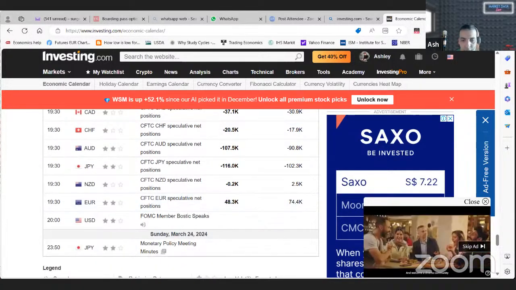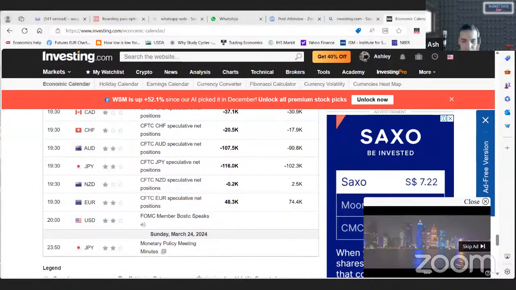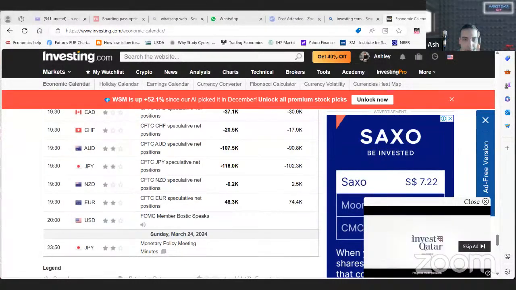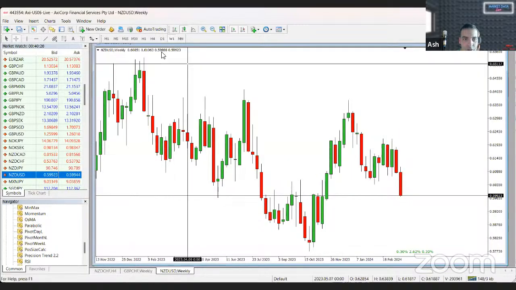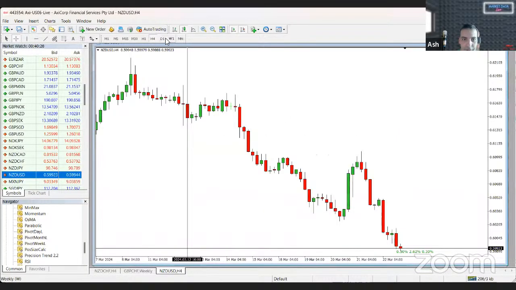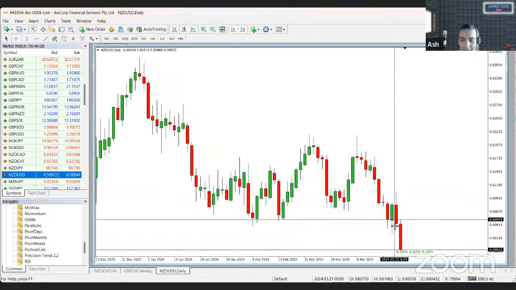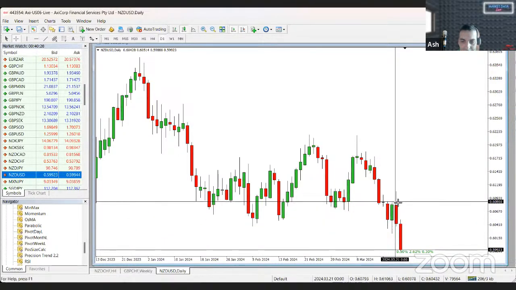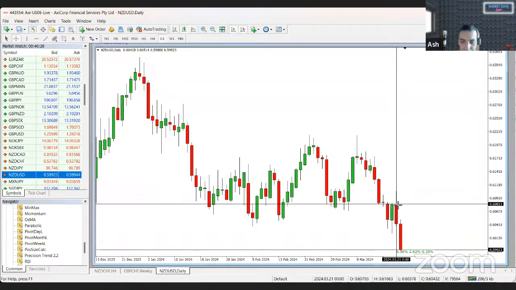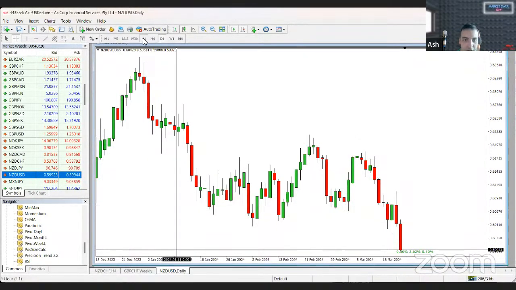Okay, so what we can see from that is that there may well have been a bit of a delayed reaction to the news from New Zealand, because if we look at this on the daily, this was the GDP number. Then at the end, it's buying up into GDP, and then all of a sudden it started to turn. Now let me just see what